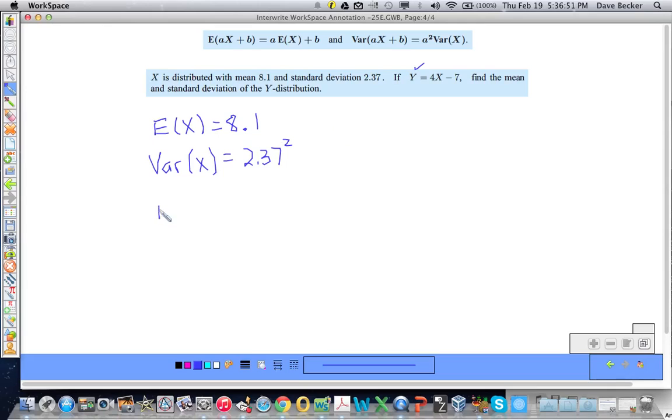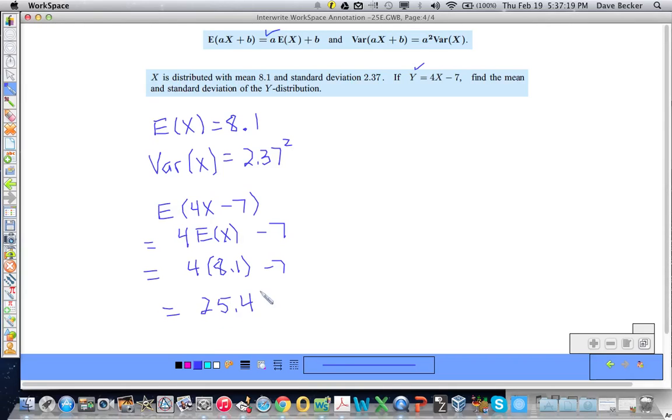So the expected value of 4x minus 7, by this formula right here, would be equivalent to 4 times the expected value of x, and then just minus the 7. So that would be 4 multiplied by 8.1 minus 7, which is equal to 25.4. And what about the variance